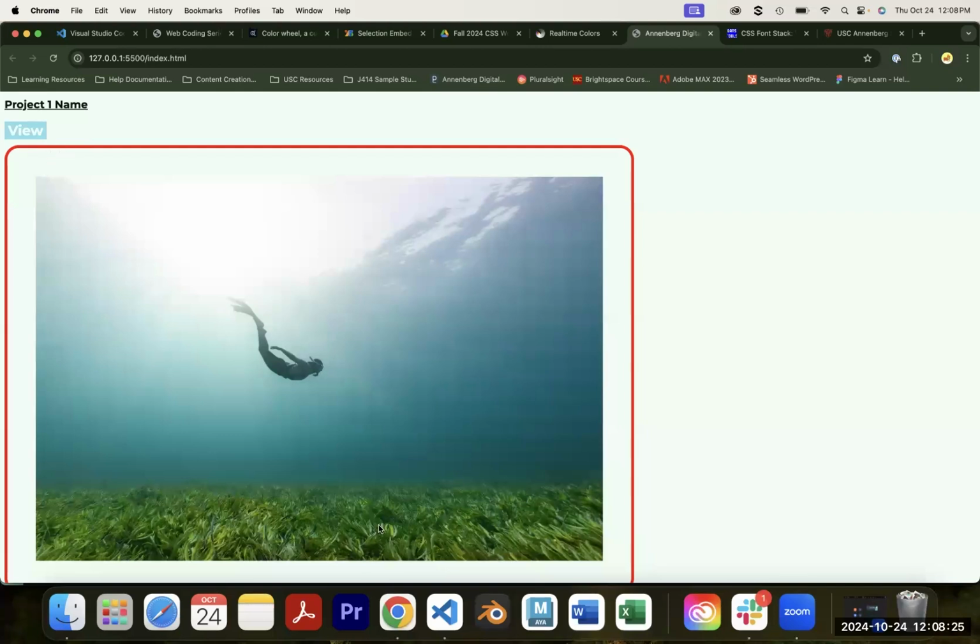Yeah, a click sound. Yeah, so you can place sounds on a website using JavaScript, which